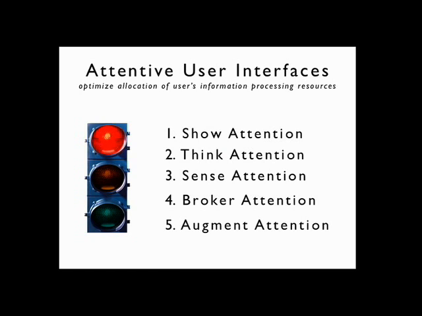So first of all, interfaces need to show users' attention. Second of all, they need to think about the user's attention and reason about that attention resource. Thirdly, they need to sense user attention in order to know where that attention lies. Fourthly, they need to negotiate user attention and encourage a kind of turn-taking process, particularly when it's not entirely clear